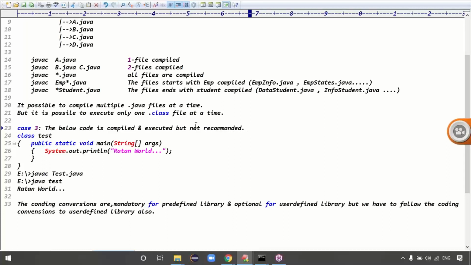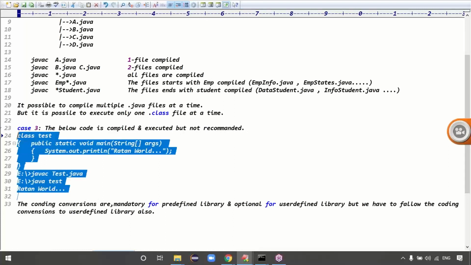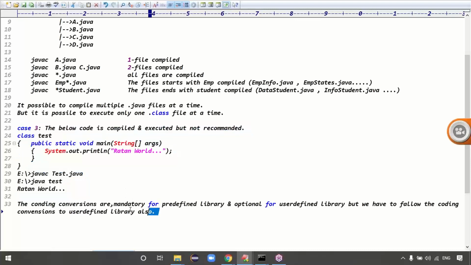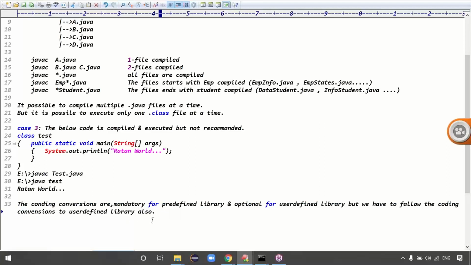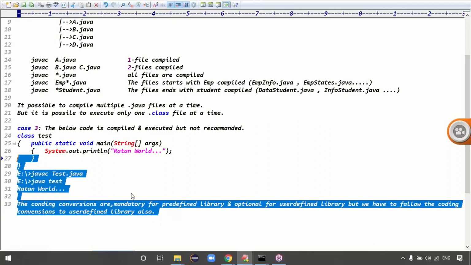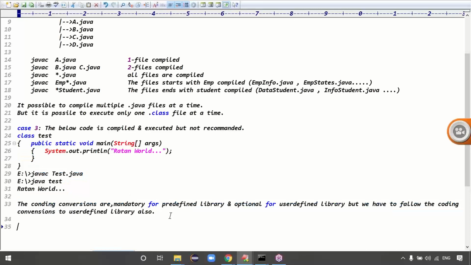Exactly, guys. Are you clear now? The coding conventions are mandatory for the predefined library and optional for the user-defined library, but we have to follow the conventions for the user-defined library also. That's case 3.